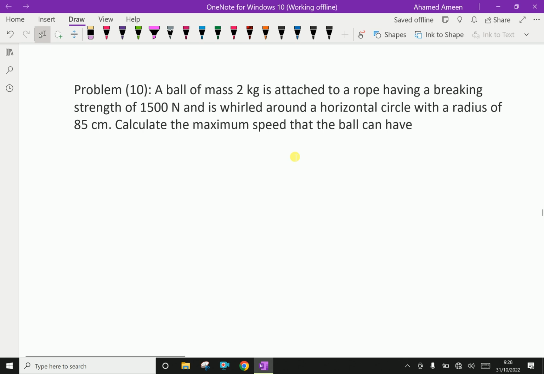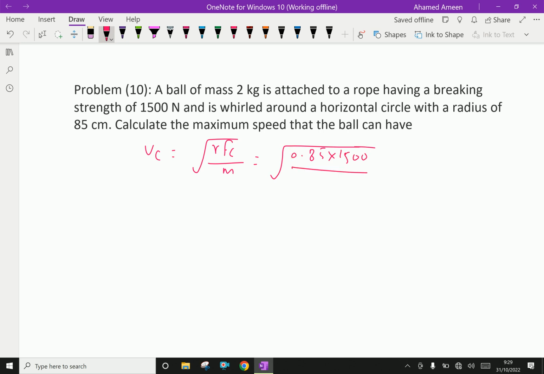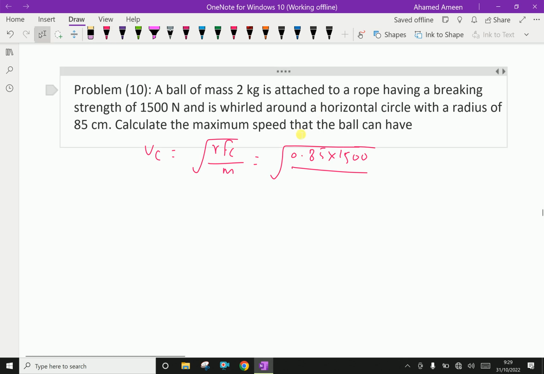First, velocity V is the square root of R Fc over mass, equals 0.85 meter because 85 centimeter, into 1500. The maximum force, that is the tensile strength breaking the rope, is that force here, over mass 2 kg, which gives